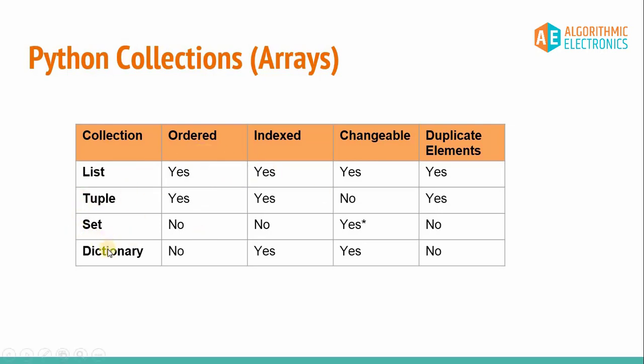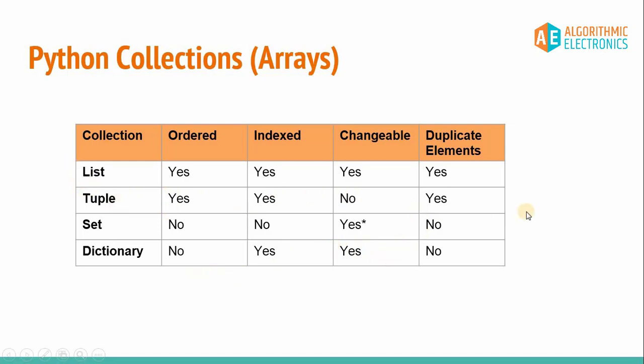And coming back to set and dictionary, there is no fixed order, so you can put random values randomly inside the set and dictionary. You need not have a particular order of the elements, and still that will be a valid thing. But the only difference between set and dictionary is that the dictionary is indexed, it has got some index, but the set doesn't have any kind of index. And the second difference is the set is not completely changeable, though we can add some extra element and even we can delete some elements from the set, but we can't change the value of a particular element inside the set. But that is not the case with dictionary. We can change the values from the dictionary.